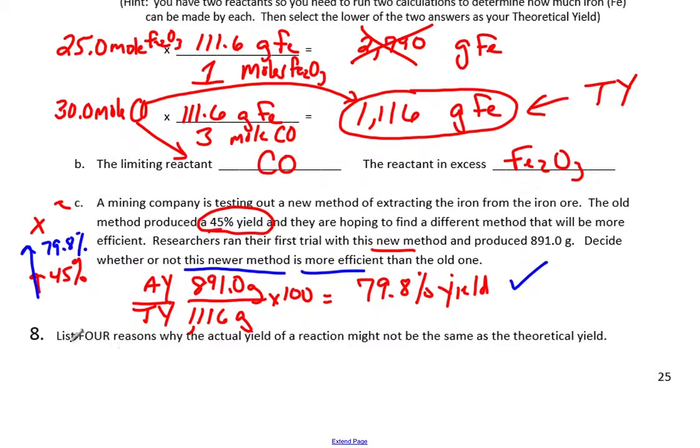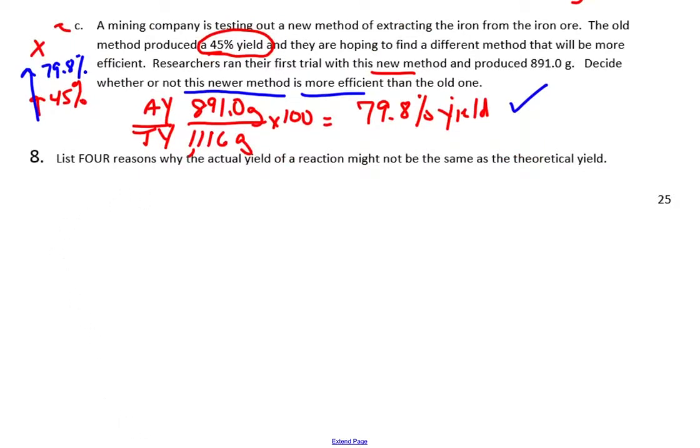And finally, you should be able to think about a reaction and come up with 4 reasons why the actual yield is not necessarily the same as the theoretical yield. One of the reasons that you're not getting as much as you expect to get is possibly you didn't let the reaction run long enough. So time is a problem. It didn't complete. You assumed you should get all of this, but if you only let the reaction go so far, you're not going to get all of it. So you might get less. So time, how long did the reaction take to complete, and did you give it enough time,